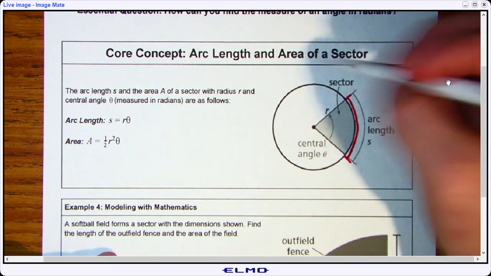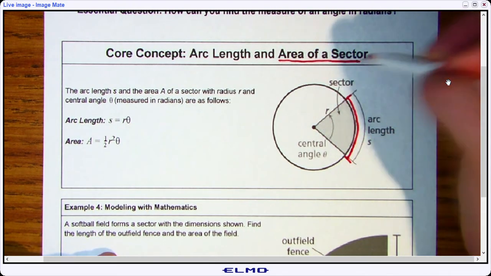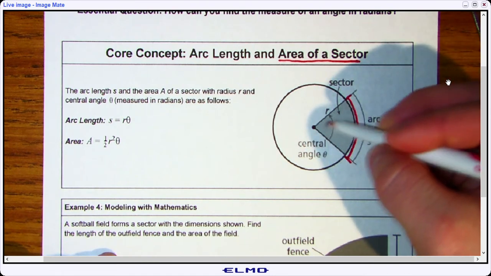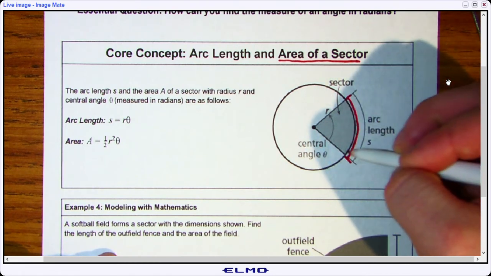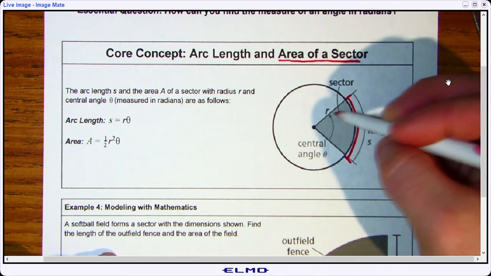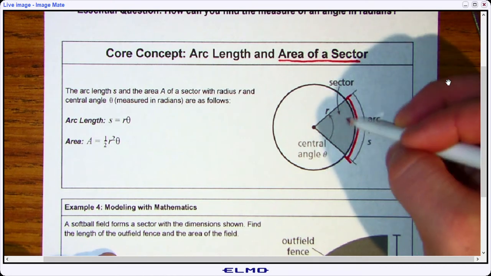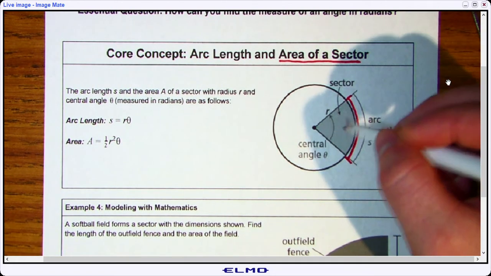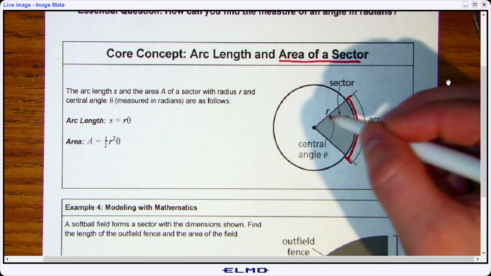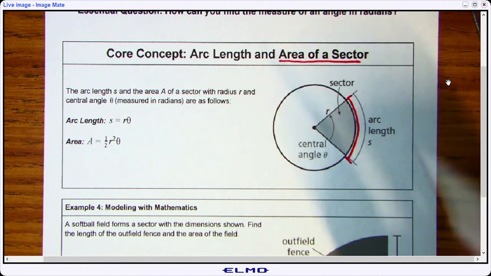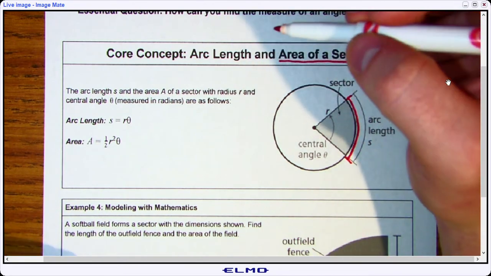And then the area of a sector, well, a sector is just the area of this shaded in portion, right? So we've got our angle measure, and then everything inside, that's just the area of our sector. So not the whole circle, but just the area enclosed by our angle, right? Key things to consider here is that